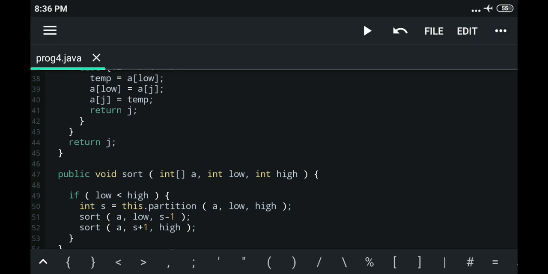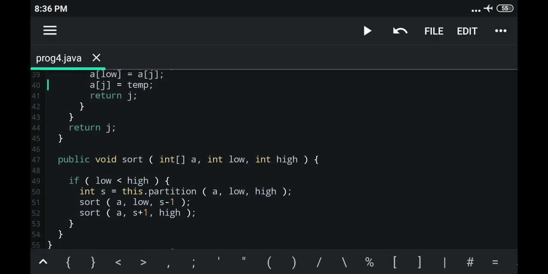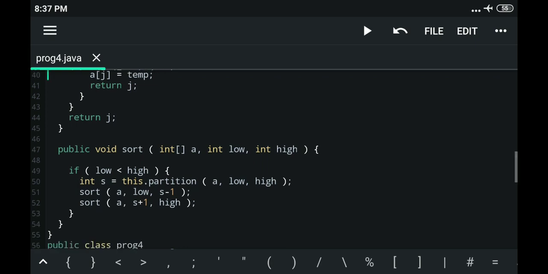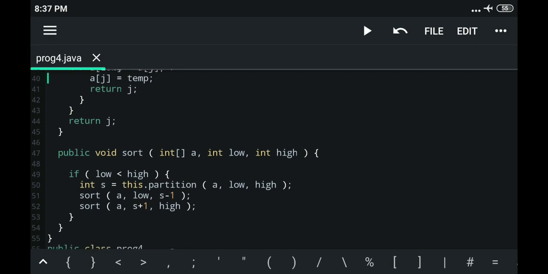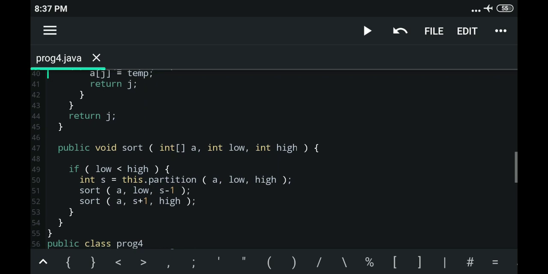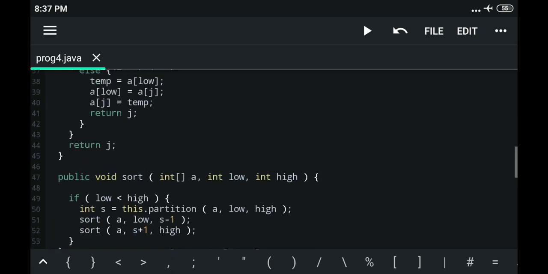So again, using the temp variable, temp is assigned the value at the very first position, that is the pivot element A of low, and then A of low is assigned whatever is at the location A of j, and then A of j is assigned back the value from temp. And then we return the value of j.